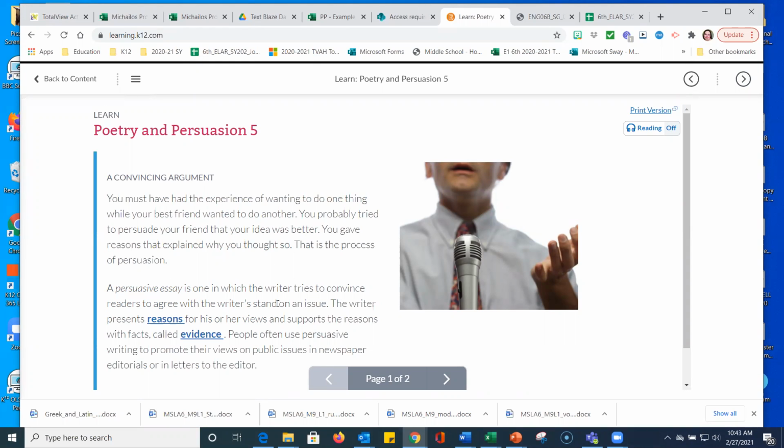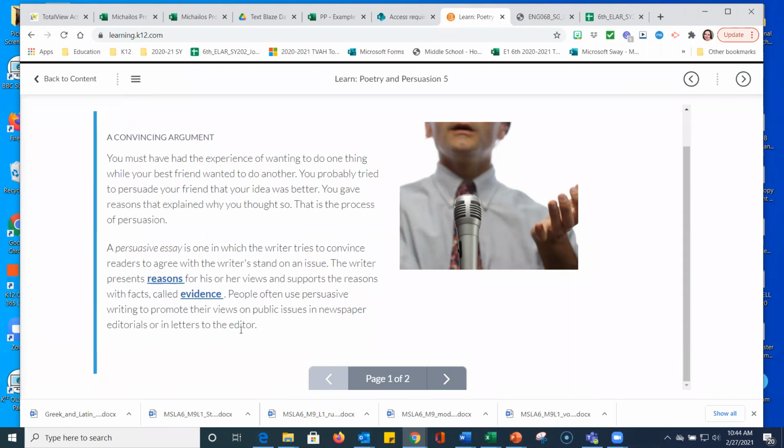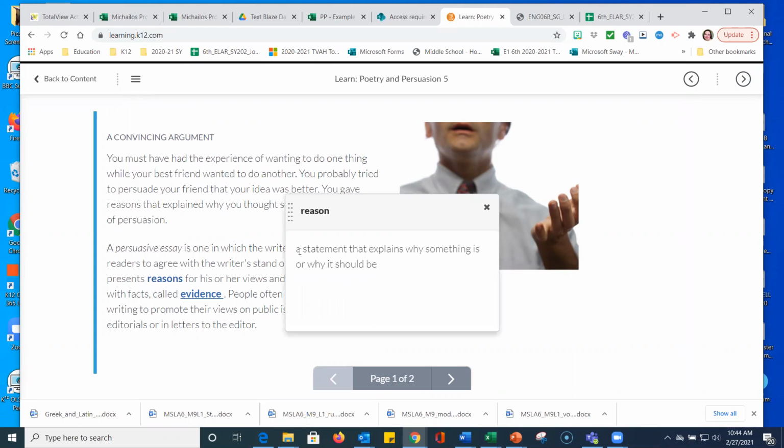A persuasive essay is one in which the writer tries to convince readers to agree with the writer's stand on an issue. The writer presents reasons for his or her views and supports the reasons with facts, called evidence. People often use persuasive writing to promote their views on public issues in newspaper editorials or in letters to the editor. So again, we're going to click on these blue and we're going to copy